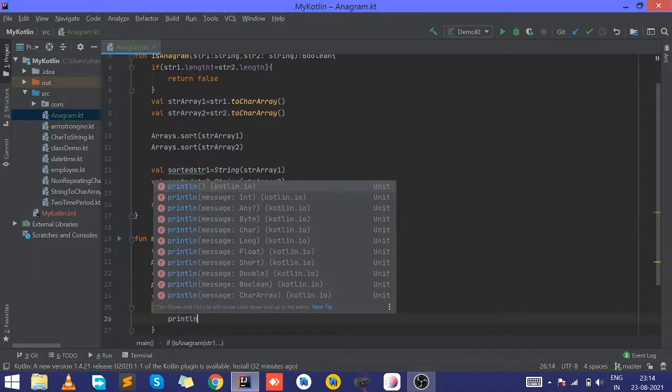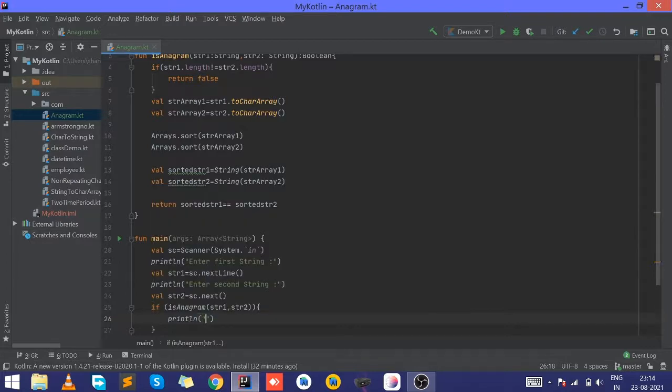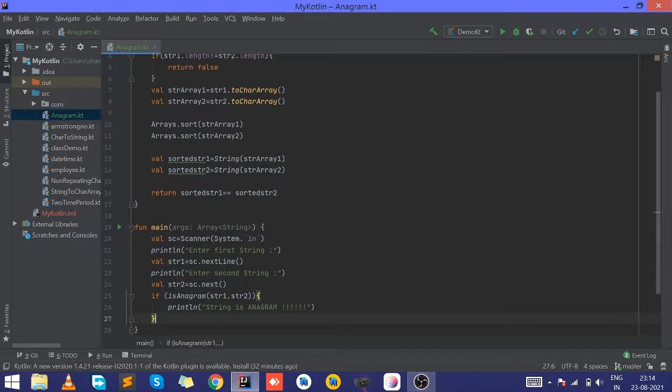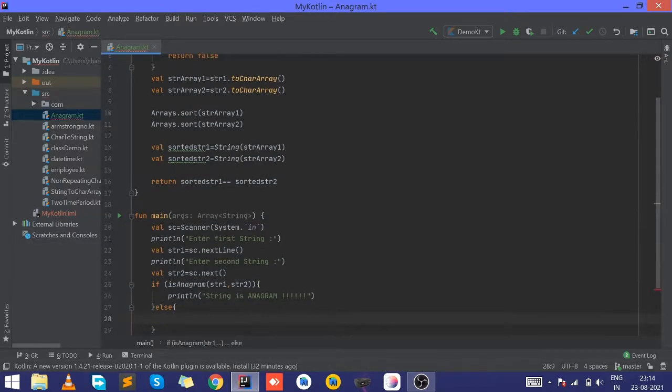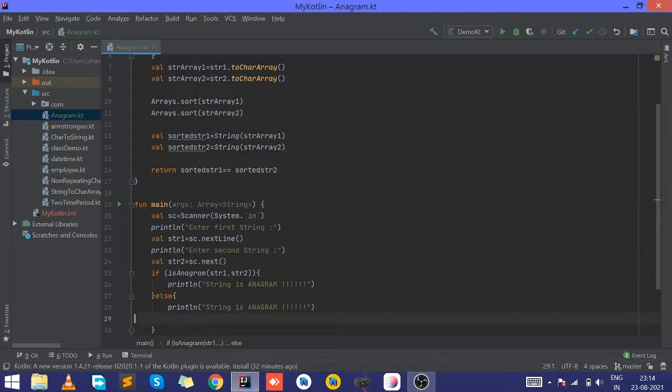Then print a message: string is anagram, then else: given string is not anagram.